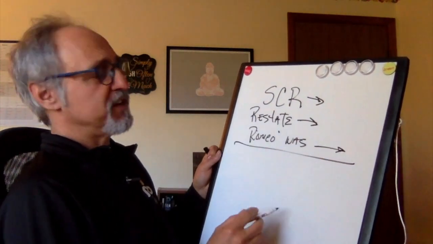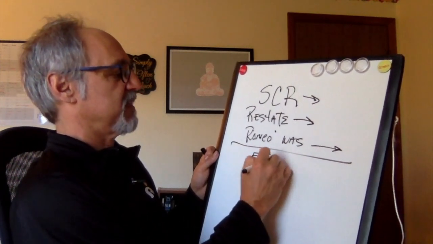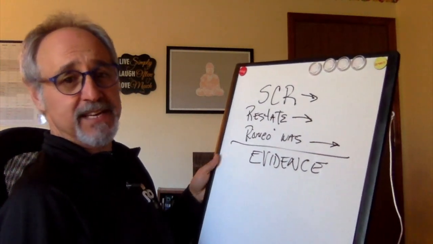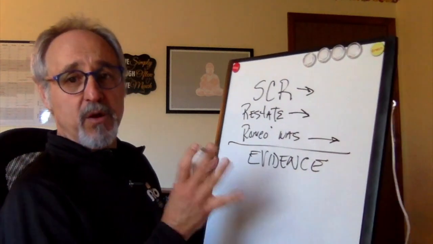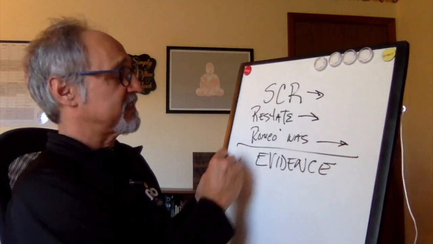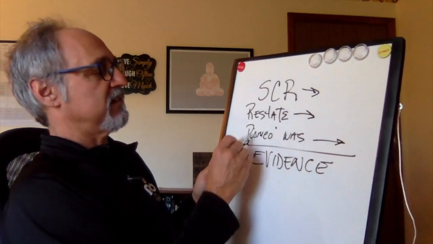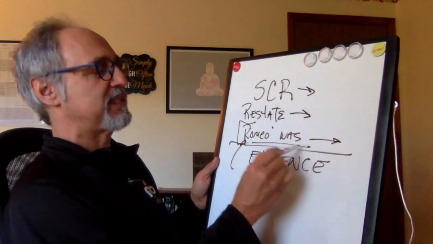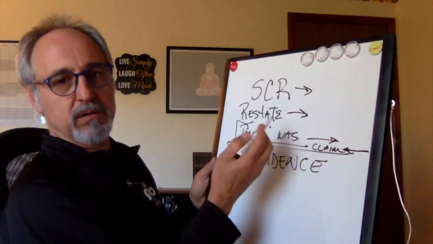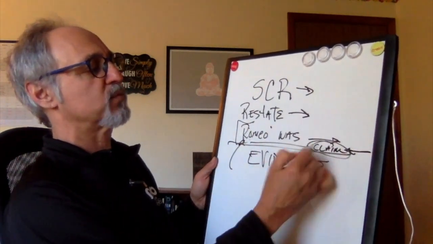The next thing that you want to do, after you've restated your prompt, this is the big key right here, is evidence. And how do you drop evidence in? What you're going to do is literally go into the text. You're going to find an example. You're going to find something in the text that's going to help answer what the question is. Okay? So you restate, again, restate. This restatement right here becomes your claim. The minute that you restate the prompt and give that answer, that's where it's going to be your claim.